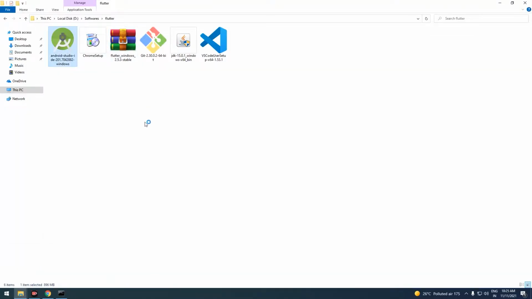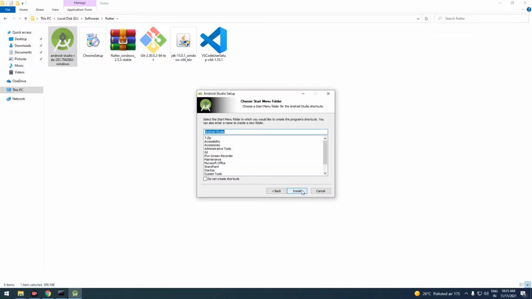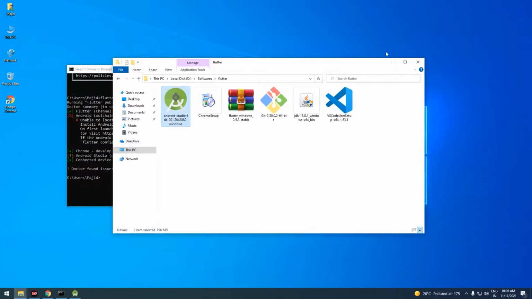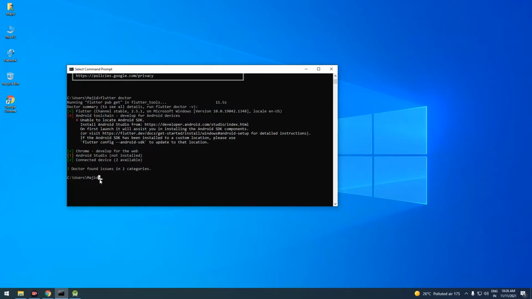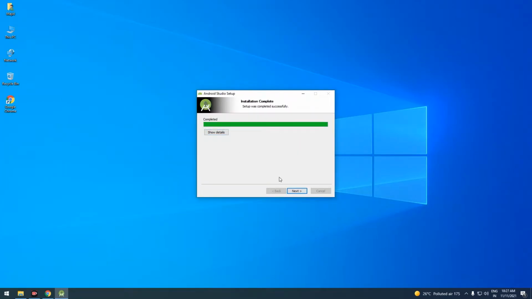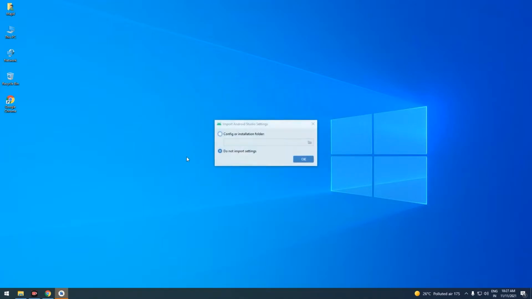So double click on that Android Studio, click on yes and next. Just leave everything to default. So I'll exit that for now. The installation is completed. Click on next and click on finish, and after that it will download some components.